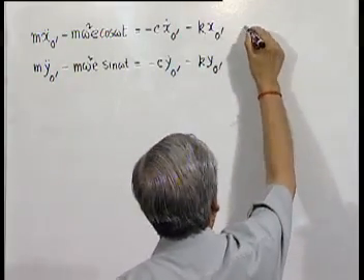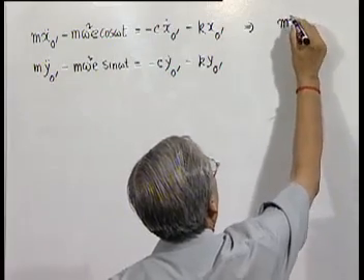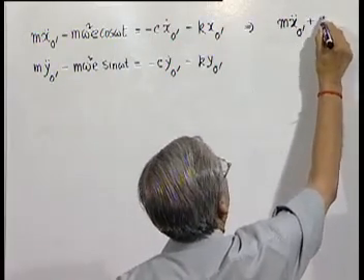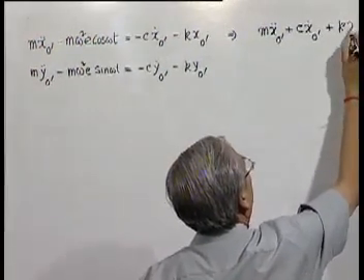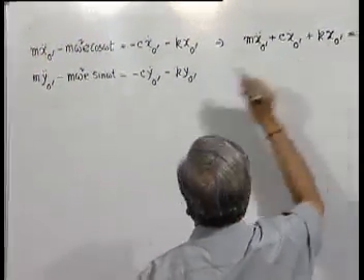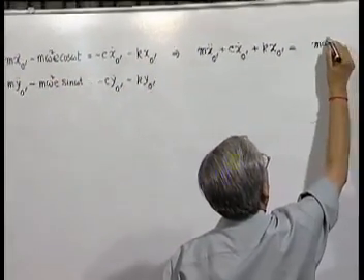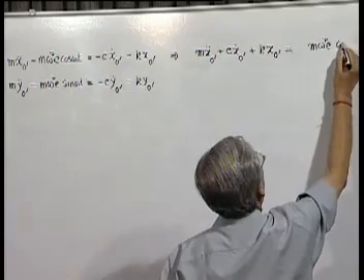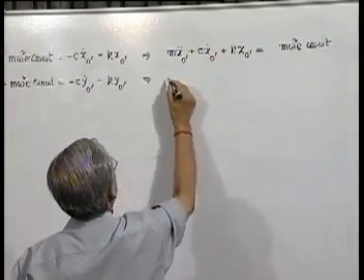So, this can be written like this, m xo prime double dot plus c xo prime dot plus k xo prime is equal to, I take this to the other side, and this equation becomes